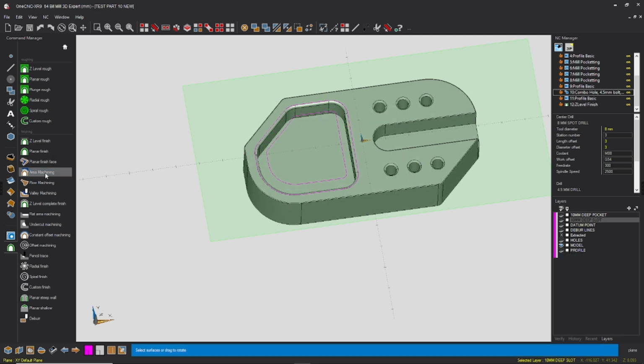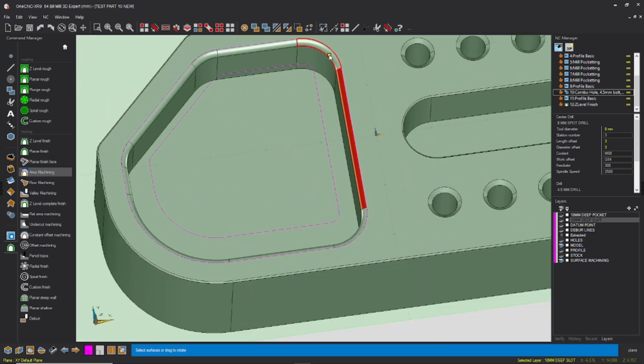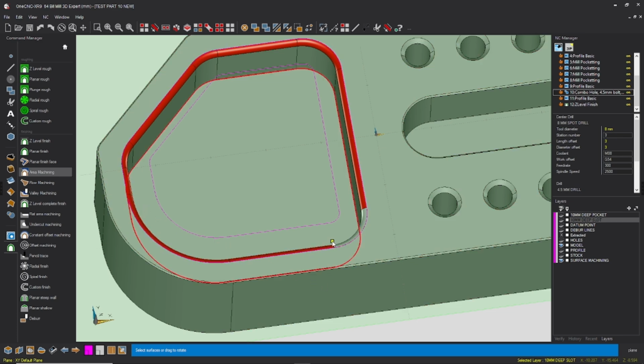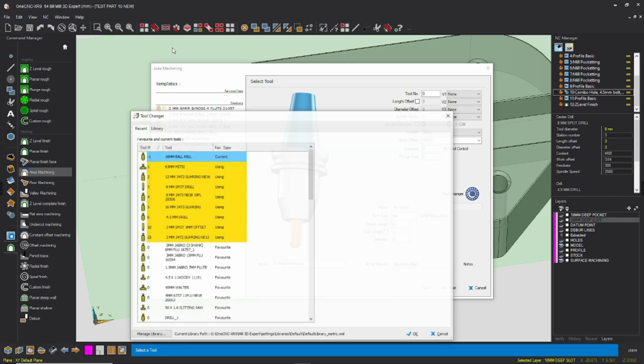And now I'm going to use my area machining. And this is where I love area machining because it's super easy to use. You just select everything you want it to surface machine. It does all the hard work for you. You don't have to draw any boundaries, you don't have to tell it anything, you just grab it off the model. I could surface machine this chamfer here if I wanted to. So right click now, once you've selected everything you want it to do,